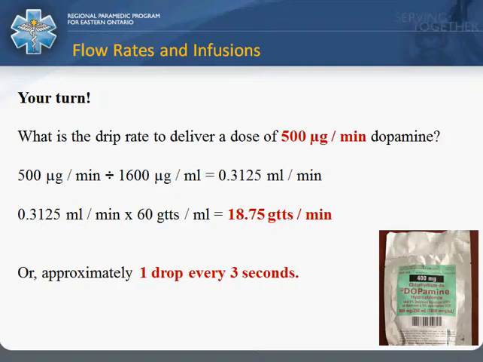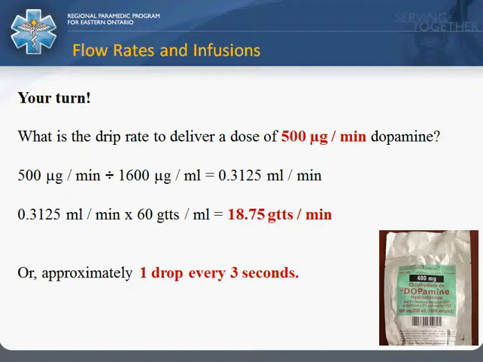500 micrograms per minute divided by 1600 micrograms per mil is going to equal 0.3125 milliliters per minute. It's an ugly number, but like I said, I'm going through this the long way first. Continuing through, 0.3125 milliliters per minute times 60 drops per mil, because I'm going to use a microset for this, is going to equal 18.75 drops per minute, or approximately 1 drop every 3 seconds,